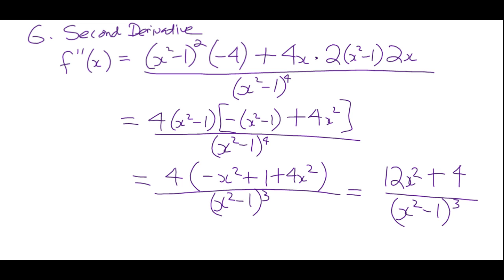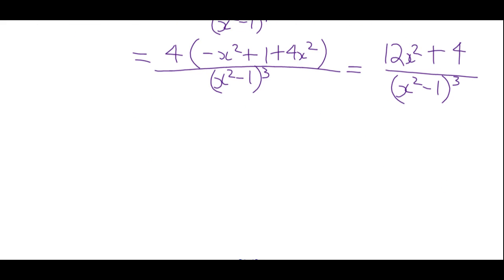Okay. So now what we want to know is, when is the second derivative positive, which says concave up? When is it negative, which says concave down? So we take a look at this and we say, I got 12x squared plus 4. Whatever x I put in there, that'll be positive, then I add 4 to it. So 12x squared plus 4 is always positive, right? So that's what we're going to do. Let's see if we can squeeze this in here. So since 12x squared plus 4 is greater than 0 for all x,